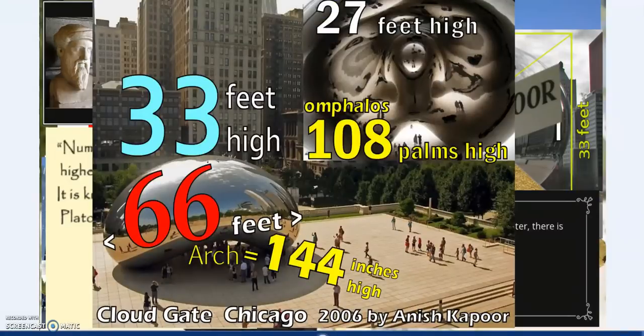And back to Cloud Gate, so 66 feet wide, 33 feet high, the arch 12 feet, which is 144 inches or 432 grain. Now, if you go underneath, what you have is the omphalos, as it's called. I did a series on phallus, on navel stones, on these centers of measure, navels of the world. You can include Vitruvian Man, navel gazing, which was an old form of meditation, but the omphalos, which would mark this as the center,